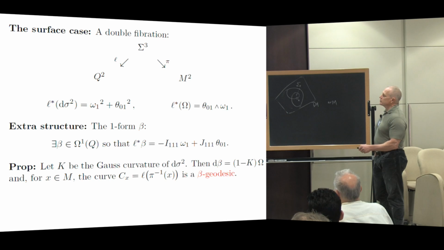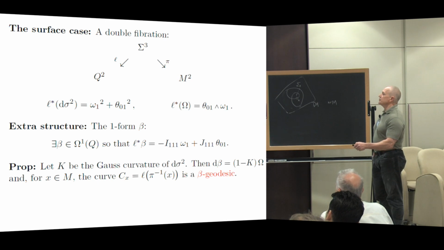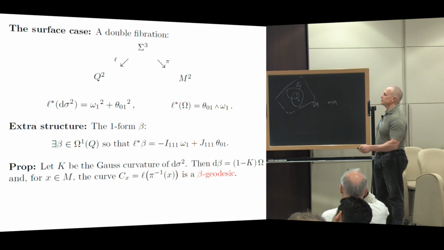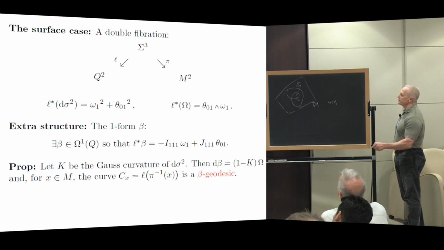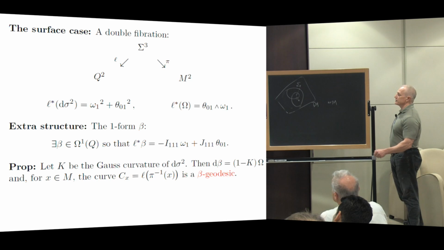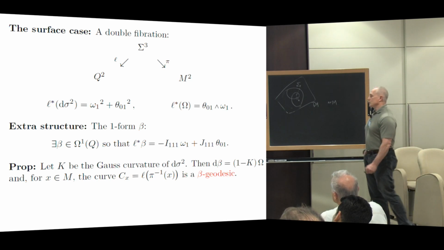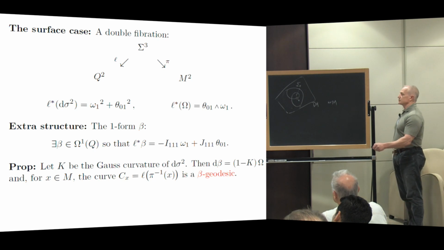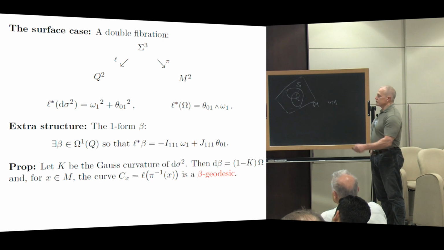And moreover, the following interesting thing happens. Every point of M2, if you look at its pre-image, is of course a curve. It's the space of the unit sphere, so to speak, at each point. And then if you look at the geodesics, the one parameter family of geodesics tangent through that unit sphere, whose velocities are those things in the unit circle, that gives you a curve in Q2. That is, you look at the pre-image of a point, it's a curve, push it down under L, it gives you a curve, I'll call it C of X, which represents the geodesics that pass through X. That's what sits in there. And it turns out, just following through the structure equations, that this curve is actually a beta geodesic.